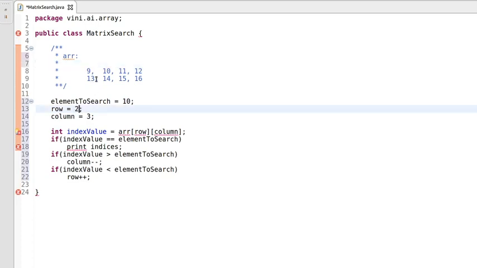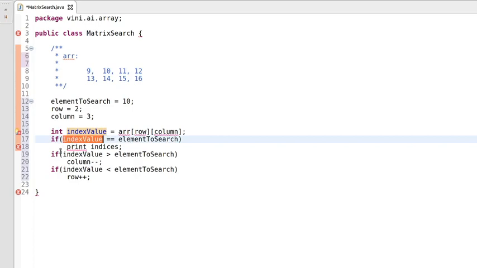Again we are calculating the current pointer value and storing it in the index value. We have the current row, and the column is this last column. So the current pointer value is 12, and we are comparing whether 12 is equal to 10.